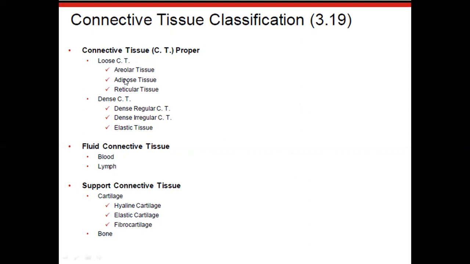areolar connective tissue, adipose tissue, which is fat tissue, and reticular tissue, sorry about that, guys, that's my puppy, are